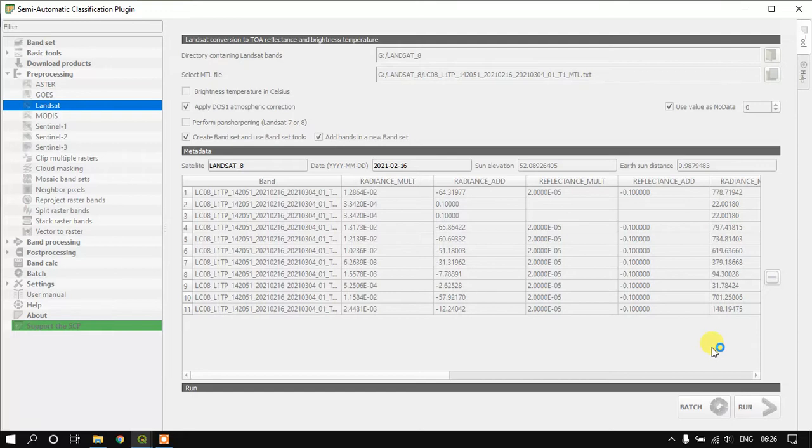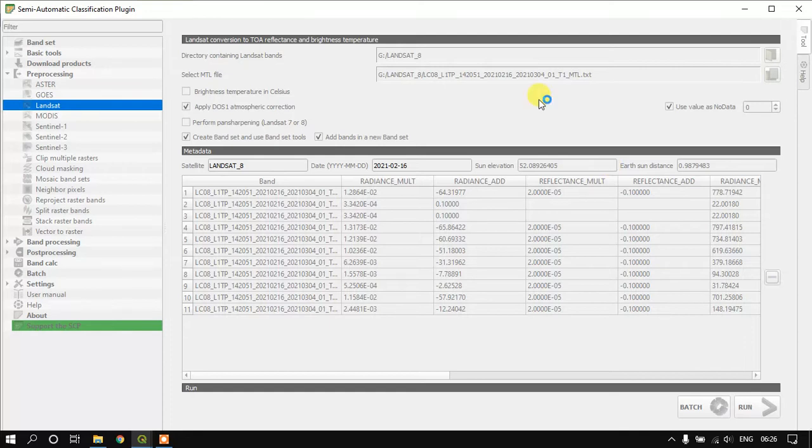It has started processing. Our data will be atmospherically corrected, and the bands will be added to the new folder which we have created, atmos corrected, after the atmospheric correction process.